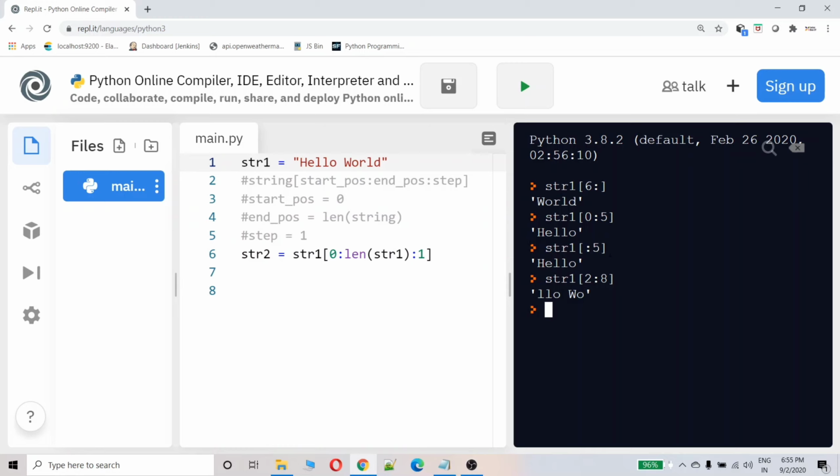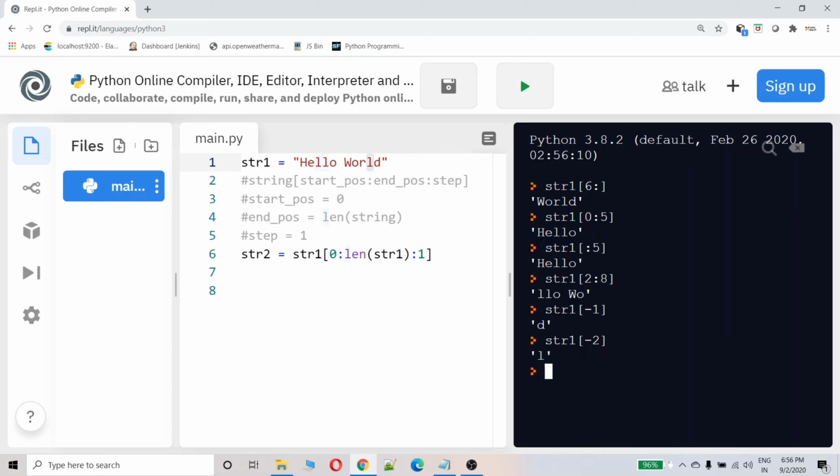And sometimes for an unknown length string, he may ask you to print the last letter. What you can do is str1[-1]. This is called negative indexing. It will print D. And what if he wants to print the last but one letter? str1[-2].